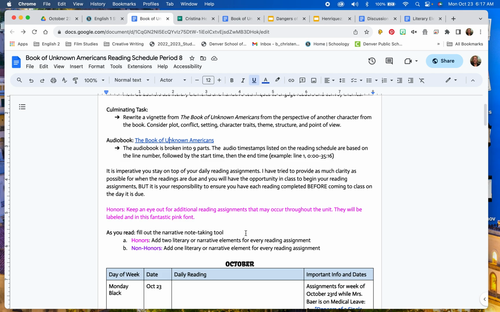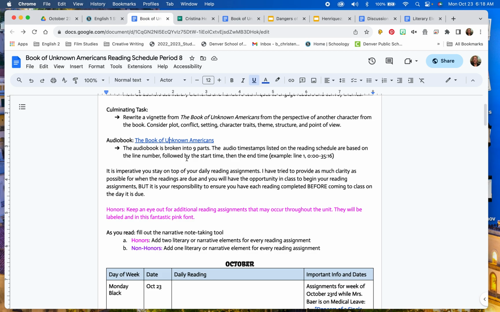Now, reminder, it is very important that you stay on top of your daily reading assignments so you don't fall behind. I would highly recommend using the audiobook. I personally am not a big audio person, but I listened to the audio of this novel, and it is, in my opinion, one of the best audiobooks I've ever listened to. It's amazing. I found myself laughing and talking back at it, so it's really a great addition.